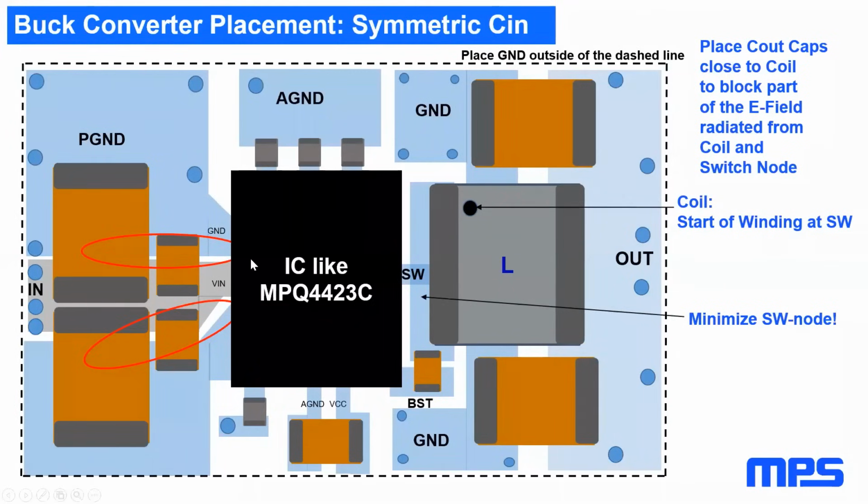Whenever possible, we should consider symmetric input capacitor placement. So we have two sets of input caps that are arranged with opposite orientation, so that current loops have fields with opposite orientation, which helps to cancel magnetic field crosstalk into other circuit blocks like the connector or the EMC filters. And this is usually a very strong help for EMC performance.